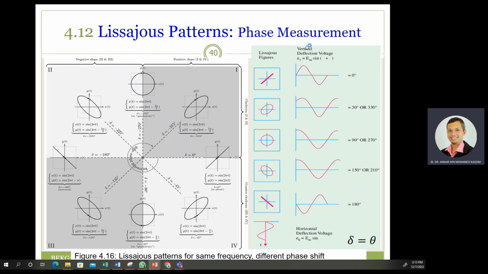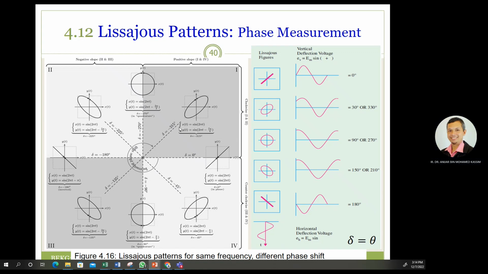Okay, this is the Lissajous pattern phase measurement that we can find from the waveform of the Lissajous figure. We can see a waveform like this, going counterclockwise like this, and an ellipse. When the angle goes from 0 until negative 315 degrees, negative 45 degrees, we can find an increasing phase shift between the Lissajous patterns that have been shown. Okay, so here you can see an x and y